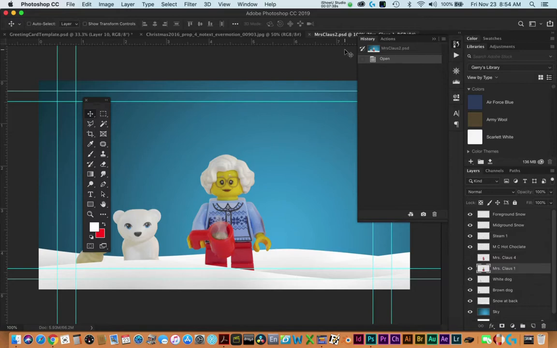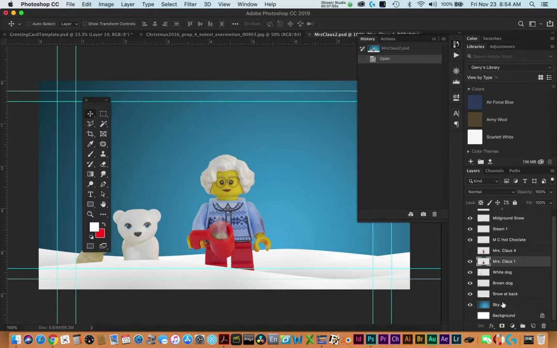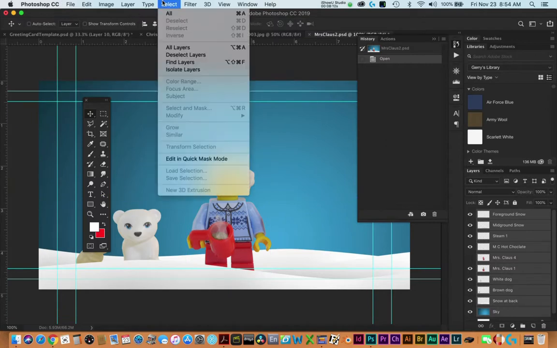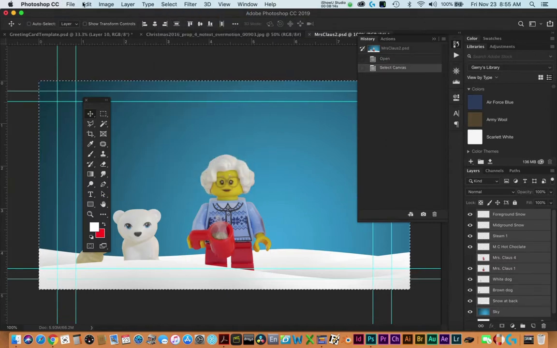Now, you could do a copy paste. You could just use any part of it. You know, for example, you can turn off the various layers or move whatever. In this case, I'm going to bring everything in to my image here, and I could do that a number of ways. The easiest way is going here under the select menu, select all, and then go edit, copy merged, and then